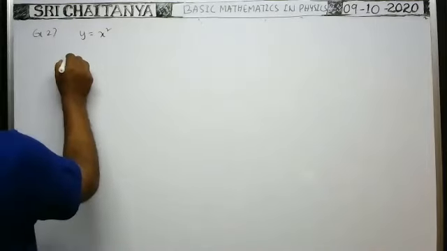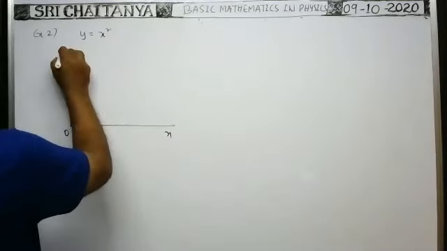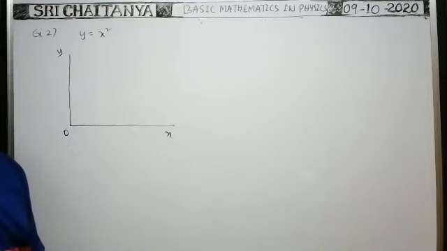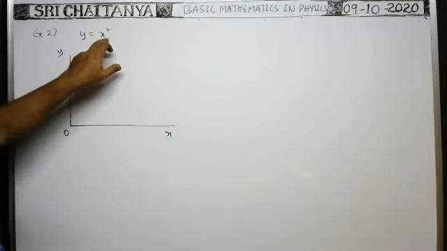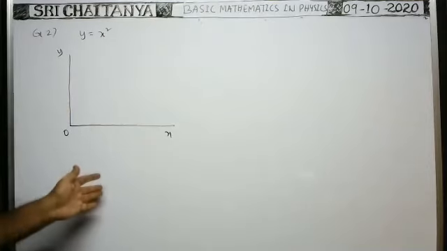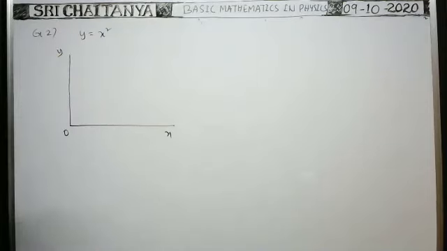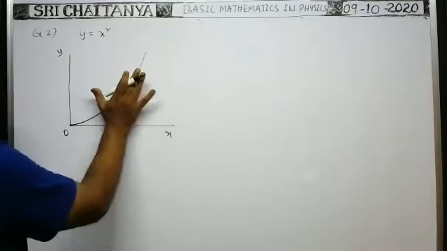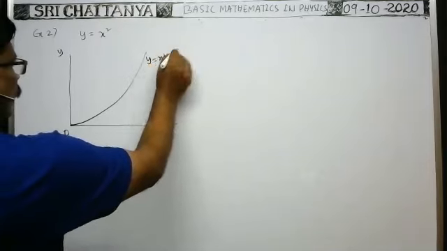That's why it is a parabola. So when you draw the graph, in which direction is the parabola open? x is along the x-axis, y is along the y-axis. What is the nature of the graph you'll get? Y-axis, very good. As the square is for x, the parabola must be open towards the y-axis. Is it open towards the positive axis or negative axis? As the coefficient of y is positive, the parabola must be open towards the positive y-axis like this. Only this type of graph is given: y is equal to x square graph.